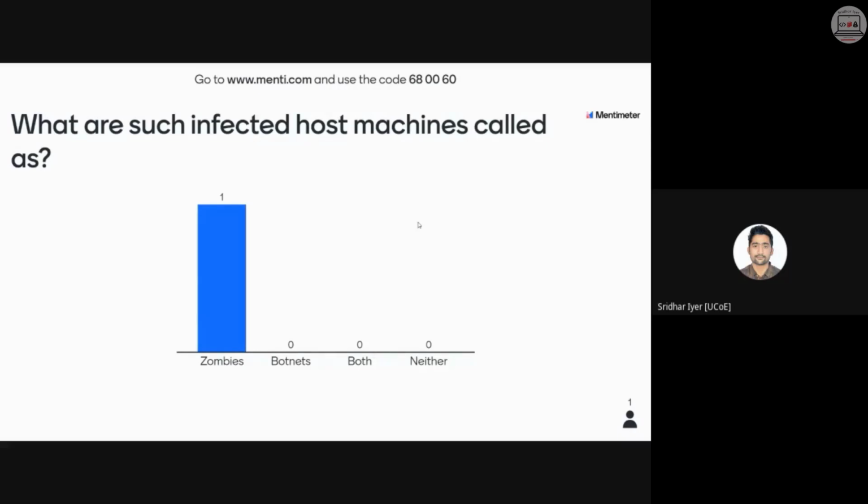Okay. Zombies. Okay. What are such infected host machines called? Okay, actually I have not given the background. Let me give a background first. I actually forgot to give the background first. Suppose I'm talking about DOS attacks. Okay, those who have answered, it's pretty good. They have blindly given the answer. I have not given the problem statement yet. Okay, let me give the problem statement. Suppose there is a DOS attack happening in the background. Okay, distributed DOS attack, and the attacker is making use of multiple computer machines or multiple computers to carry out those attacks. So what are those machines called as? This is my question. Now you can give your answer.